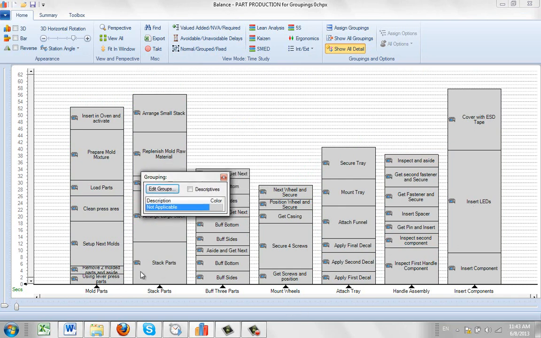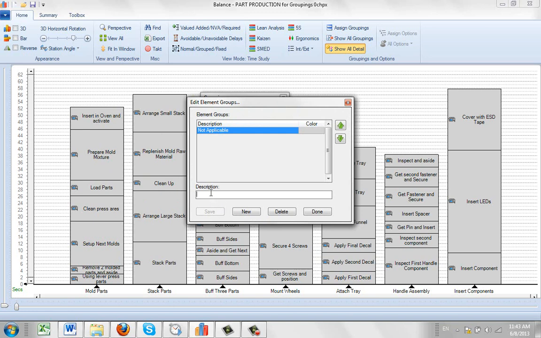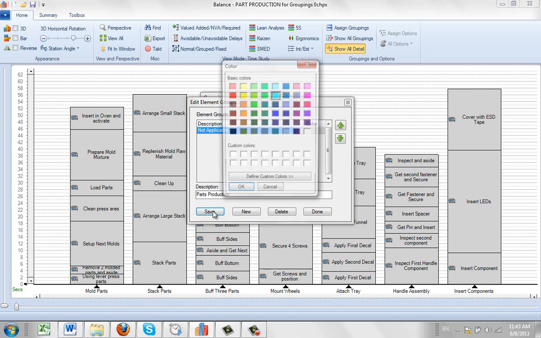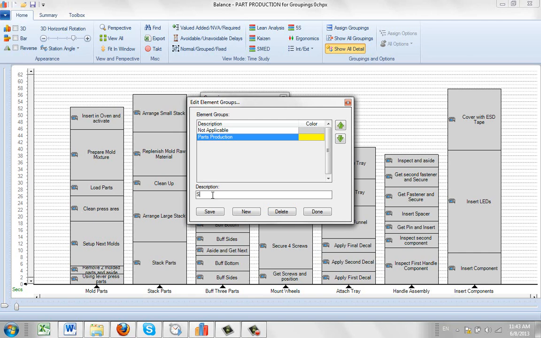Those three parts are going to be parts production, the first couple of activities, then maybe some setup, the next three activities, and then oven process up here. So we want to create those groupings here. What we do is edit the groups here, and we just add them. The first one's going to be parts production, and we save that, and let's assign the yellow color. And then the next one is going to be setup,